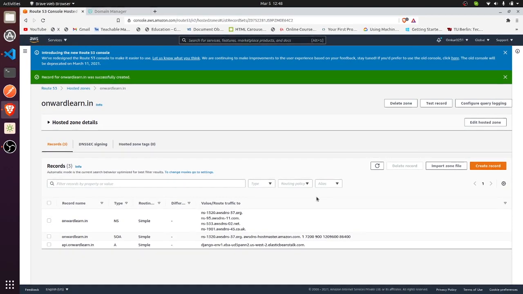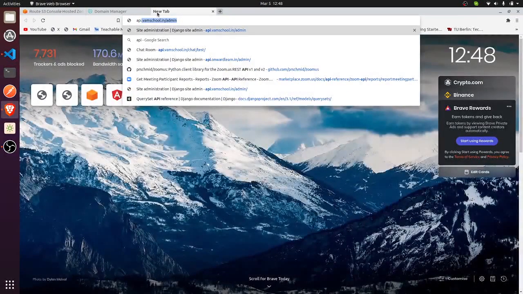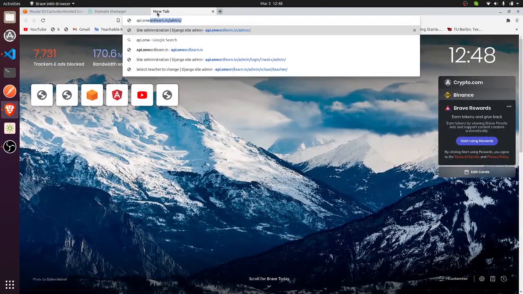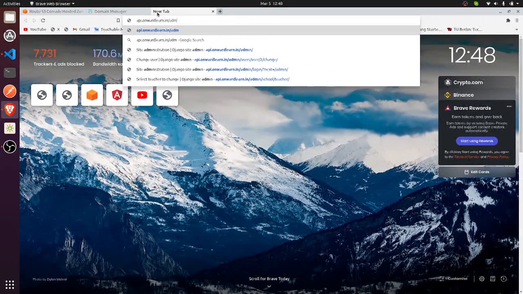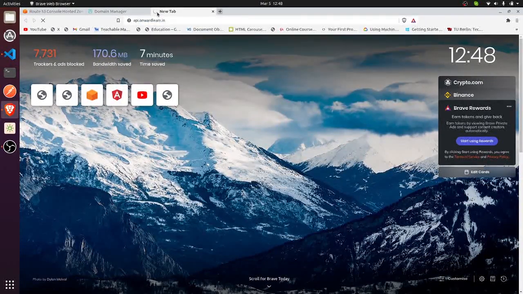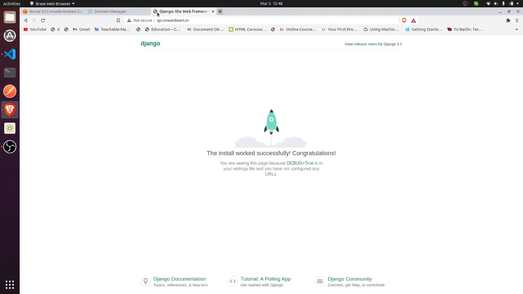Now we have successfully linked the custom domain which AWS gave with the custom domain which we have bought from GoDaddy. Let's check if this is working. api.onwardlearn.in. Yes, it is working.